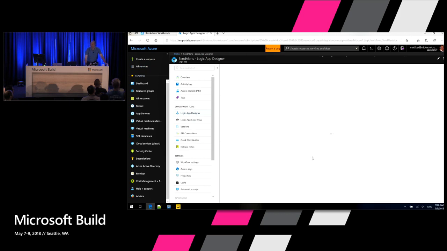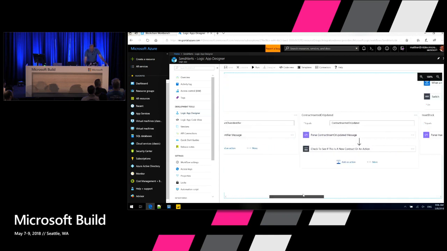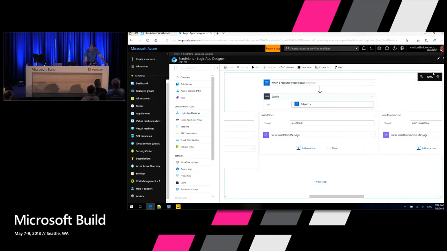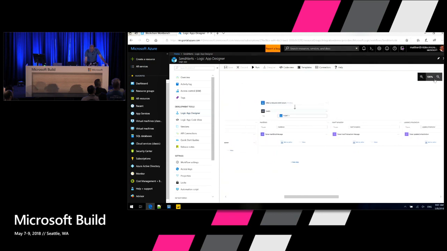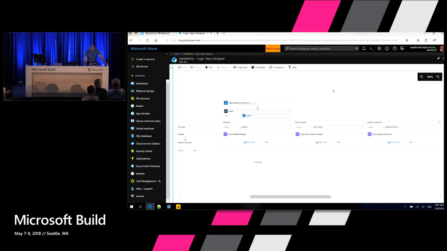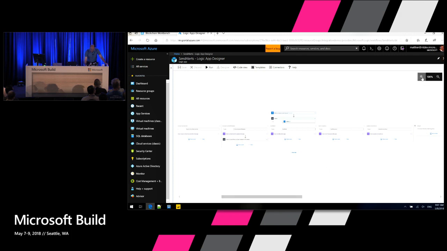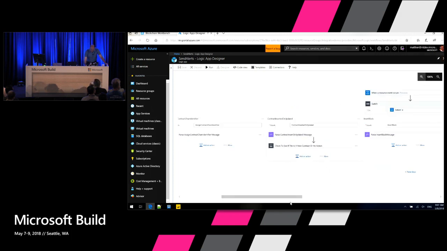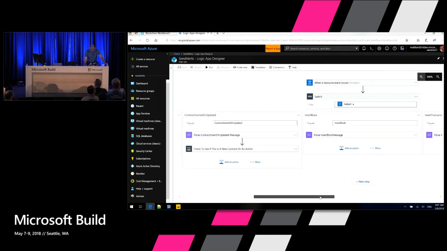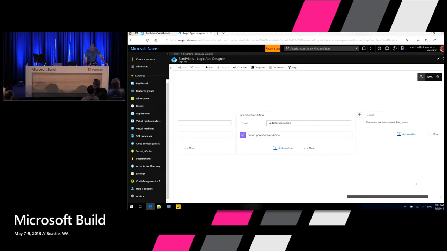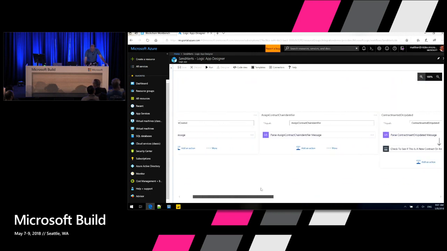And if you haven't used Logic Apps, it's a very cool service, totally serverless and simple to get these things set up and to modify them, and also to troubleshoot when things go wrong. So I'll just zoom out so you can see the whole canvas. Basically, what I'm doing is monitoring Event Grid, and then depending on what kind of message I'm getting, I'm taking different actions. So when a resource event occurs from Event Grid, depending on the type of message, I will go do different things. So there's insert block, insert transaction, update action, account created, etc.